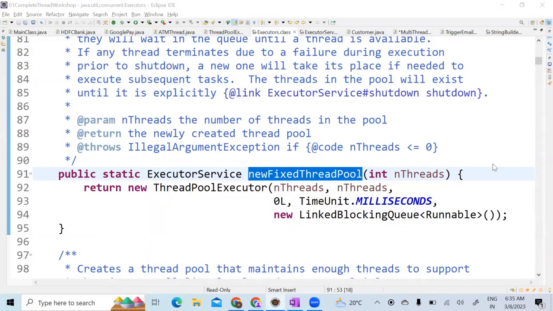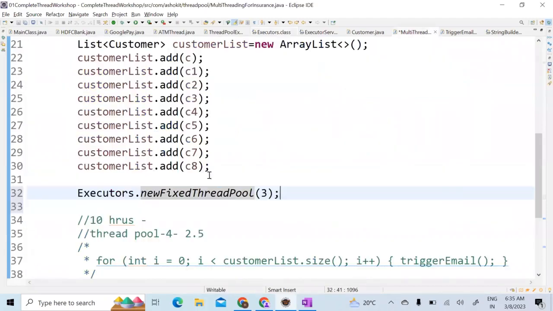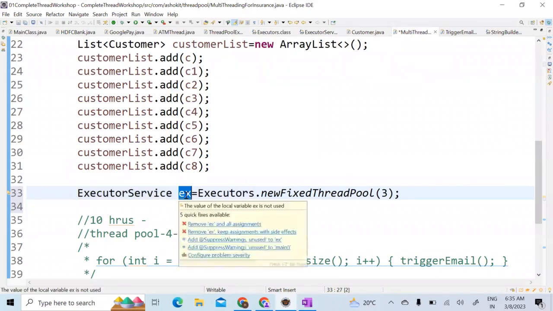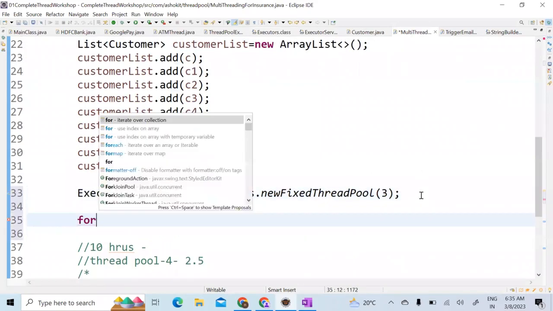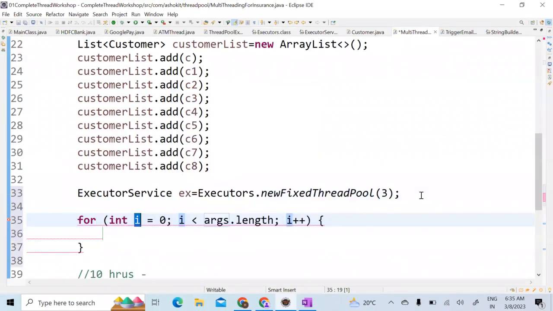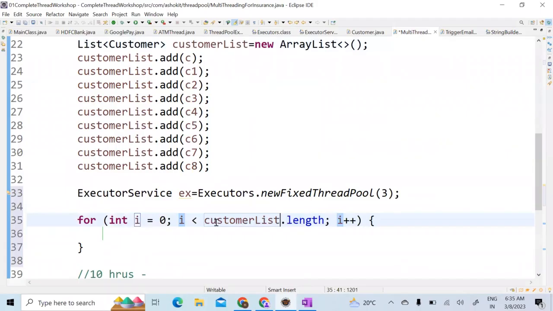Now, executor service, new fixed thread pool is returning executor service as a response. Okay, now I am taking that executor service EX. Done. Now we need to start. So now in order to start, let us first iterate over the list, customer list. Customer dot